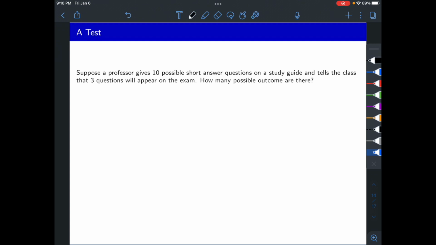So, we might think of it like this. Let's say that we care about the order. Let's say that we wanted to know what was problem 1, what was problem 2, and what was problem 3 that showed up on this. Well, we're picking from 10 things the first 3 questions that are going to show up on there. And so this would be 10 factorial over 10 minus 3 factorial